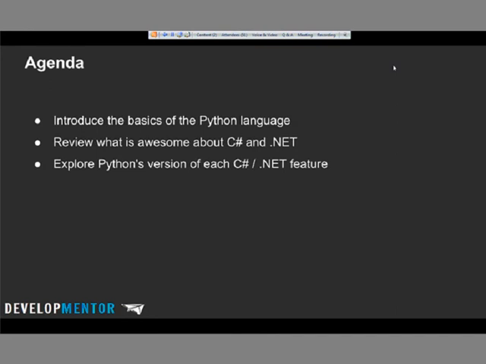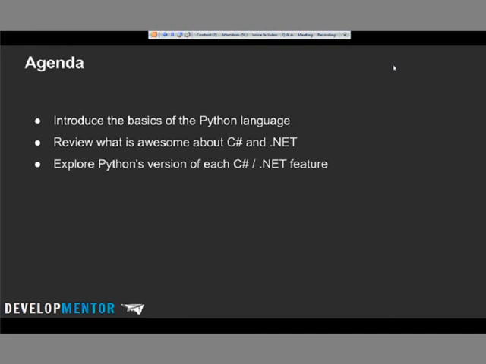Then what we're going to do, we're going to look at the things that are great about .NET. So if you guys had to come up with a list of all the things that are awesome about C# and .NET, the things that you would say, look, it would be super painful to go work in some other platform or some other language without Entity Framework, or pick your favorite thing of .NET that is super important to you, or your set of things. We'll see that I came up with a list that I think most people would more or less agree upon. What you'll see is that in Python, almost all of those features exist in some manner or another.